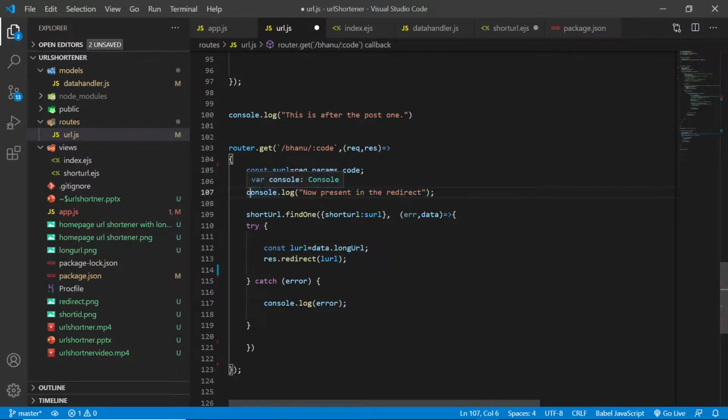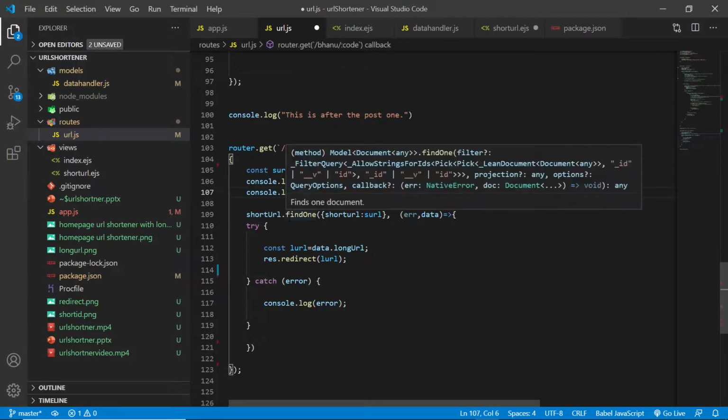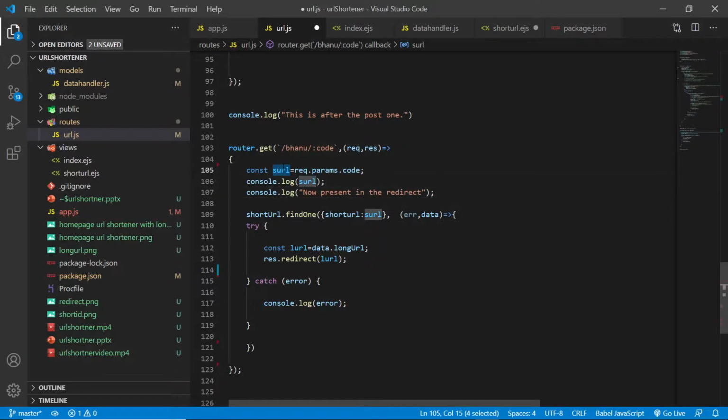And what we should do now is, since we got back that particular request from the short URL, we have given the short URL, right? When the user clicks on the short URL, this particular route is handling that. So we take that short ID. The short ID is something which is stored with the long URL inside the database. So we are collecting the short ID and finding it in our database. This is the short URL collection dot find one. This is the filter. If you are able to find it, we will get the data. If not, we will get the error. If you are able to get it back, this particular try section will be executed.